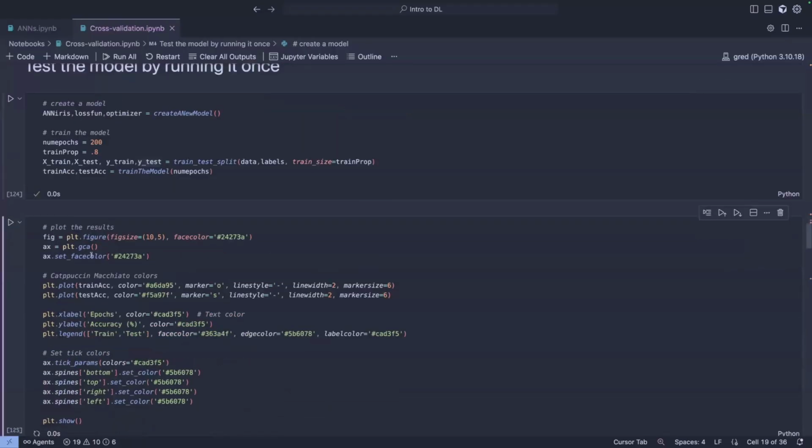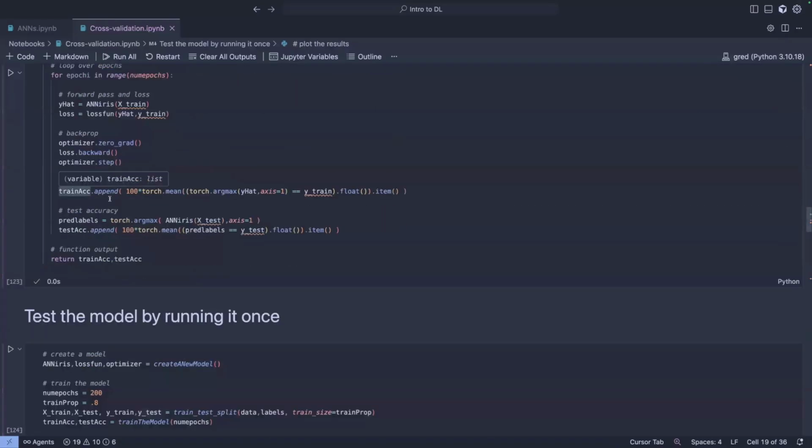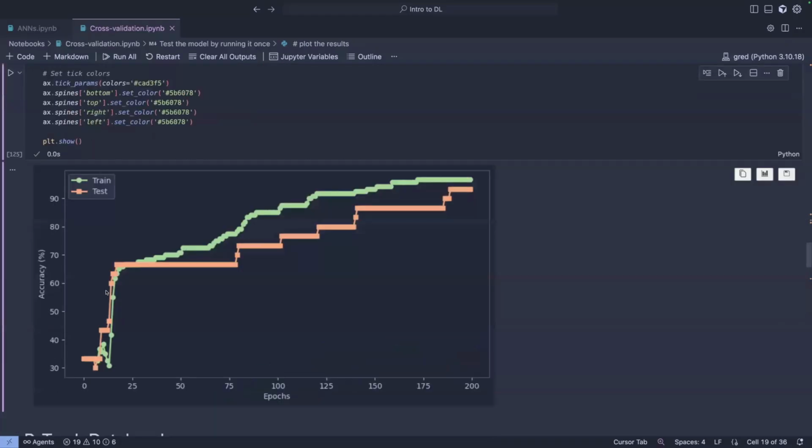And then you can visualize this. Because here we're recording the accuracy of the training and the loss as the model is training, we can see how this changes. So you see that the training loss is usually less. Sorry, this is the accuracy. This is not the loss. So this is like the reverse of the loss. So you can see that the accuracy of the training is slightly higher than the test, which is what we expect. But eventually, once we get to like 200 epochs, the difference between the train and the test is really, really tiny, which is what you would like to see.